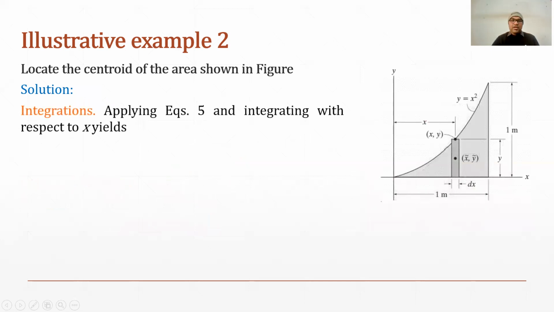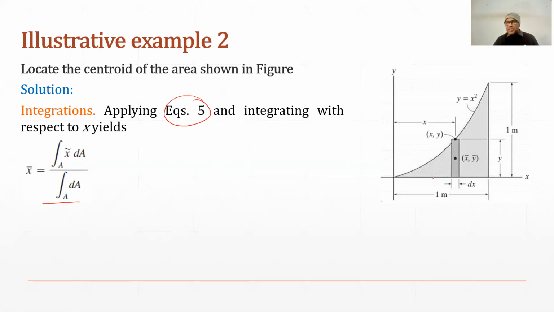Then in the next step, we will be doing the integration to get the coordinates x bar and y bar. The equation for x bar and y bar we already know. So using equation 5, first we will find the coordinate x bar. We already know this equation, which involves the integral of x approx into dA. Now in the integral, we have to first choose the limit.